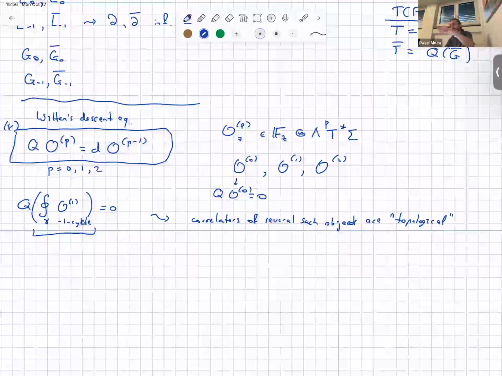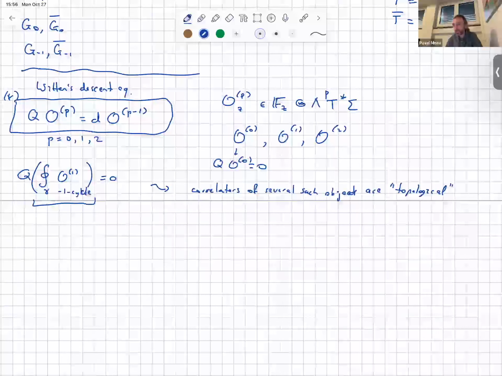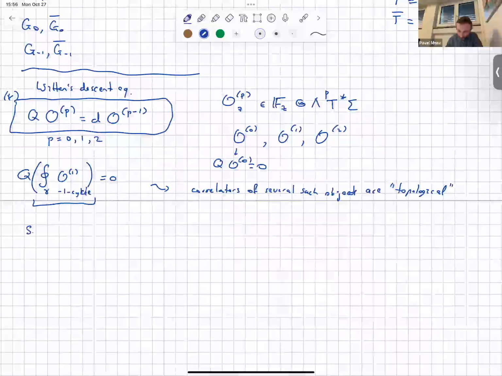So topological here means that they are independent under small deformations of cycles. So I can move the cycle a little bit as long as I don't intersect the other cycle in which another observable lives, the value of the correlator will not change. Now this equation star can be solved explicitly,